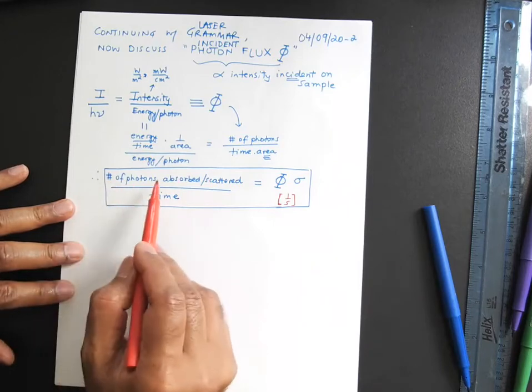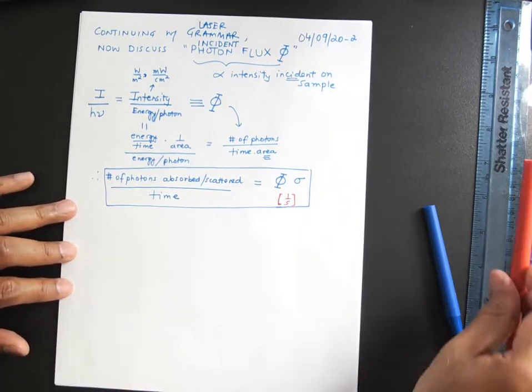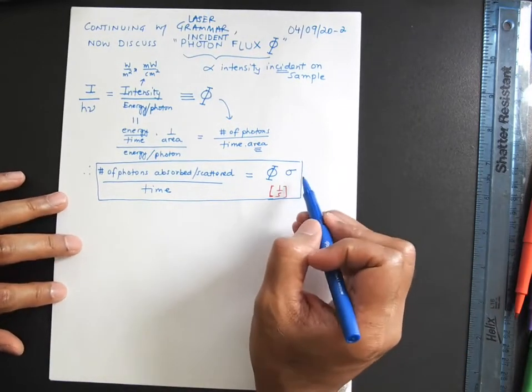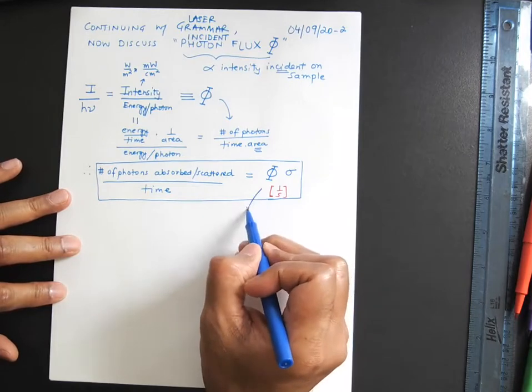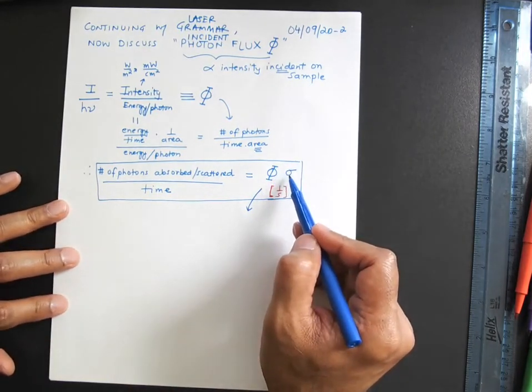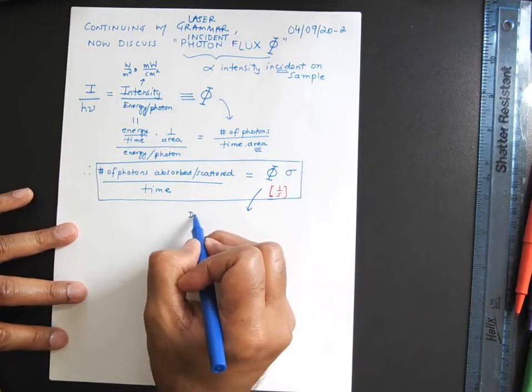This is a number per unit time. So what this term, the incident photon flux multiplied by the attenuation cross section, describes